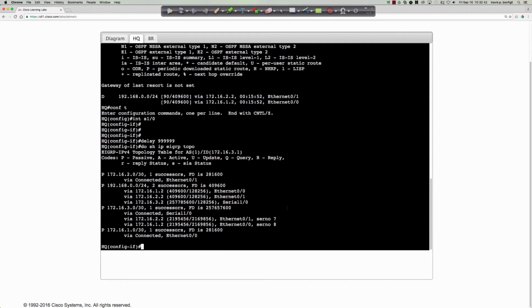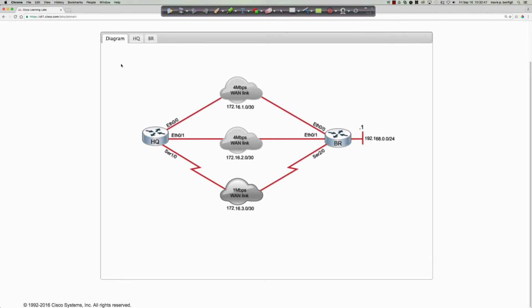So again, the reason I'm going through each of these is to drive home the point when we're talking about manipulating the EIGRP metrics. I manipulated it here, and from the perspective of HQ, that had zero effect, right? So there was no effect. I manipulated it here, but again, it didn't manipulate the reported distance because the reported distance is a value that is being reported from